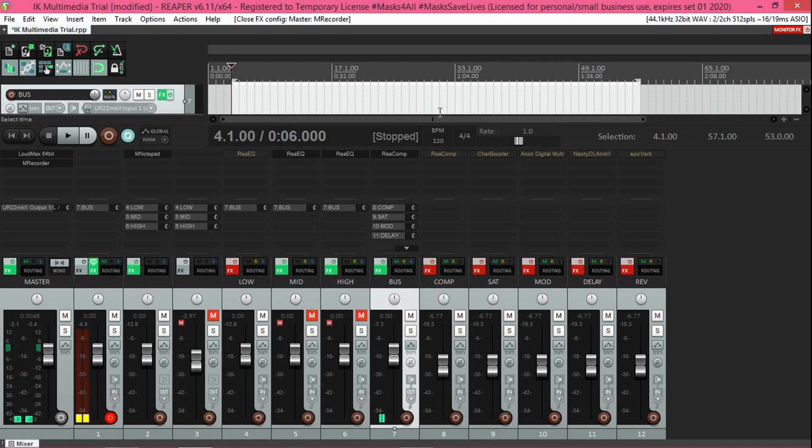And what we're going to do is use the ReEQ, which is the built-in equalizer plugin in Reaper,